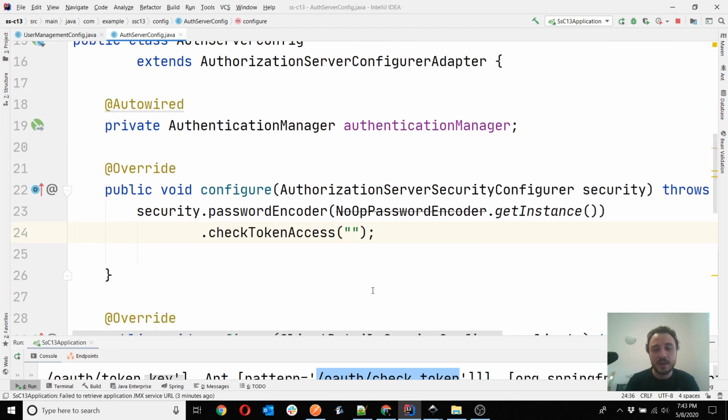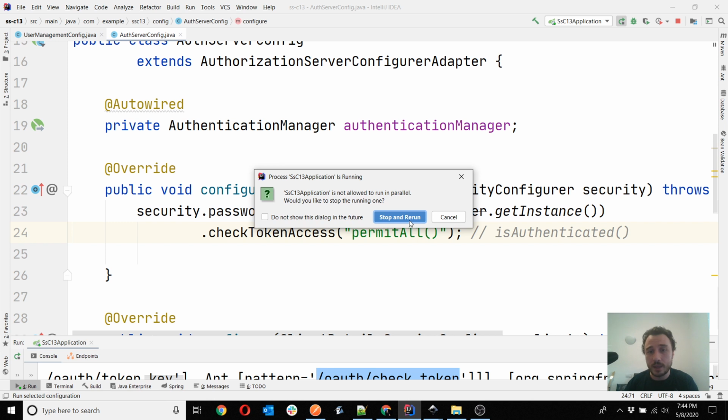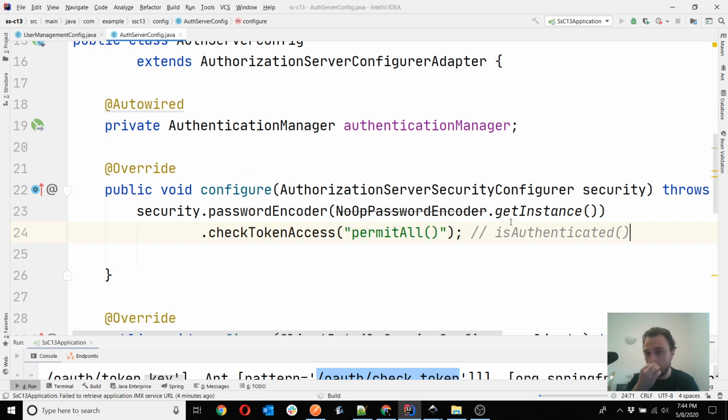So you can say, for example, isAuthenticated, or maybe you can say permitAll. So let's try it with the easiest theoretically approach. You can, for example, permit all the requests without authentication to this endpoint by simply specifying the permitAll expression here. Or you can, for example, say isAuthenticated. We will try both of them. So let's start with permitAll. I will restart my application, and then